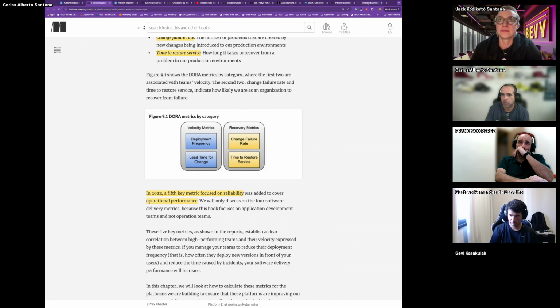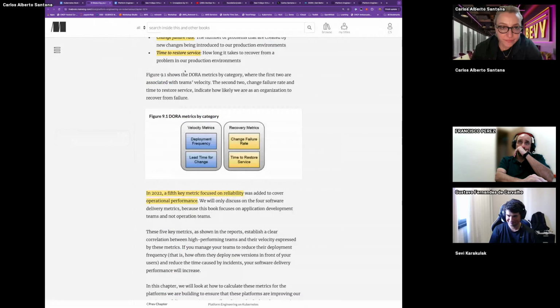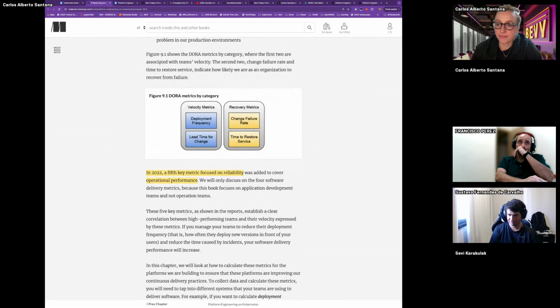Platform engineering maturity model from the CNCF. Oh, it's downloaded as a PDF. I always go to the website. Yeah, good. I just downloaded it as a PDF so I have a file for stuff like this. And you're smarter than me, Jack. This is worth reading. It gives me a better vocabulary. I'll read it and I'll sound like an expert.